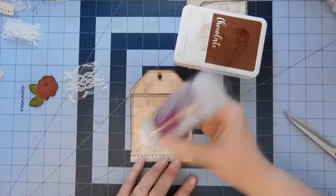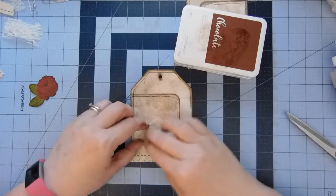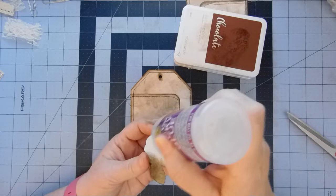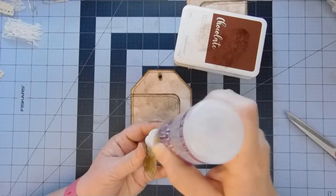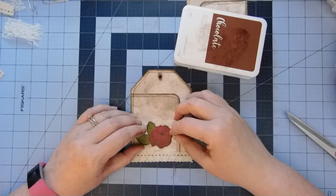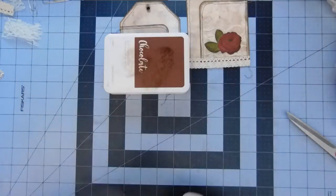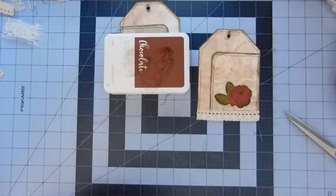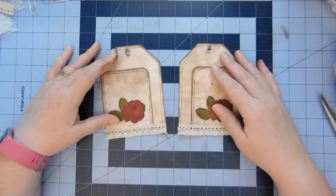Okay, glue down the lace. And the rose. Nice. Okay, so I am going to run to the sewing machine and do a zigzag, and I will be right back. Okay, I'm back. I sewed across the bottom here,